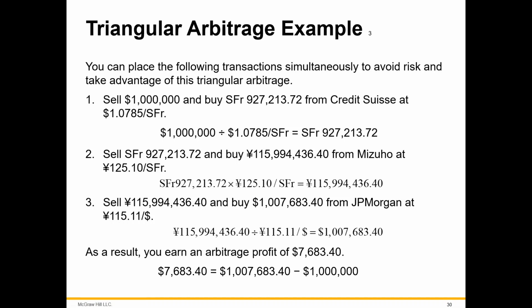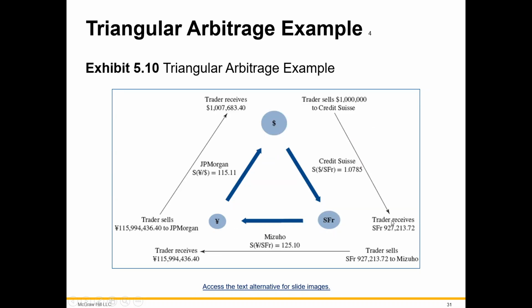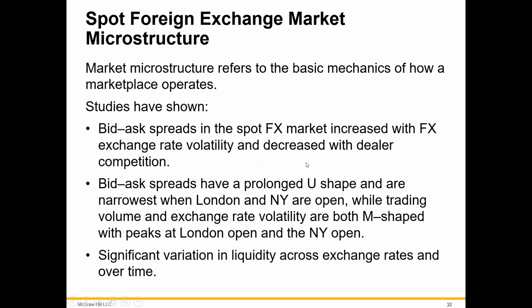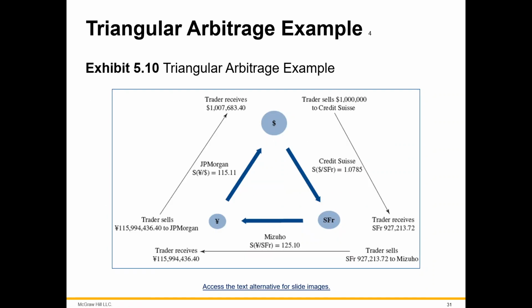And so we would expect that triangular arbitrage opportunities, if they existed, which they probably do on occasion, don't last very long, because there's going to be lots of trading pressure against this price differential, and it would disappear pretty quickly. This is just an example, like a map of how this would go. Okay, so